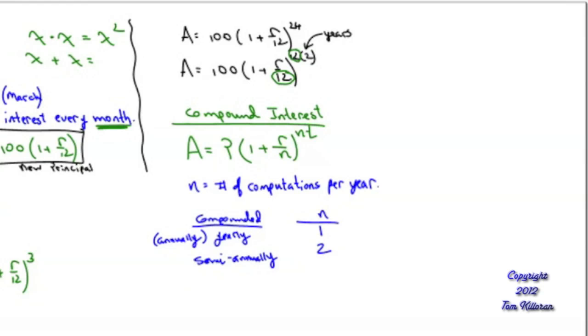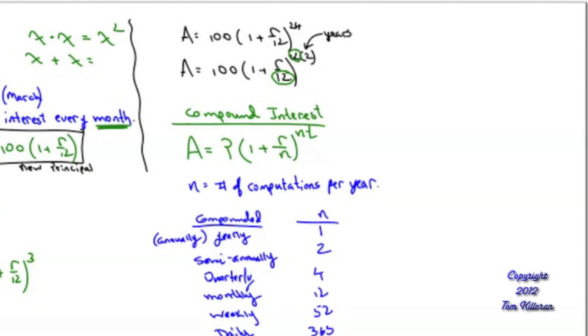2 times a year. What about, the next one up is quarterly. I like when people say 3, because they're thinking it's 3 months. But it's how many times per year. In quarters, how many in a dollar? 4, so n would equal 4. Monthly is the easy one. That would be 12. And then weekly is 52. And then daily,